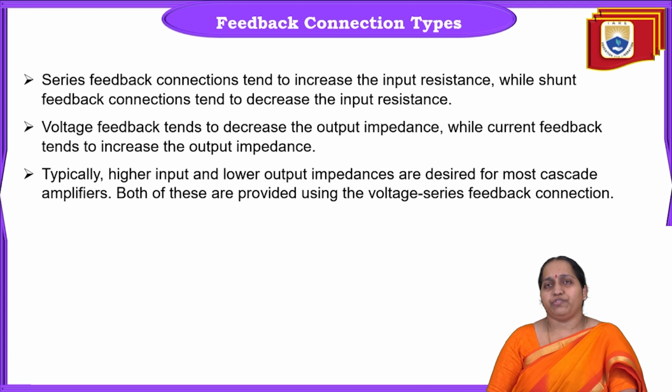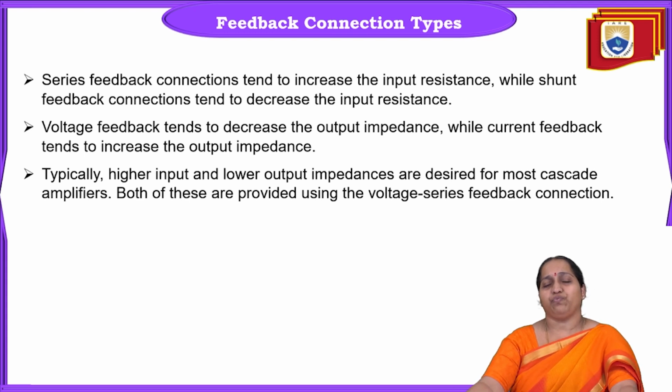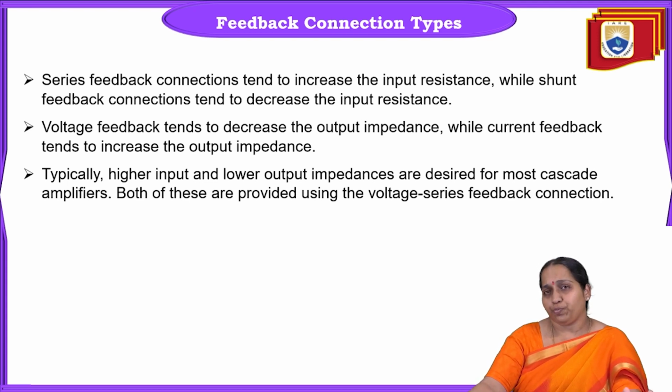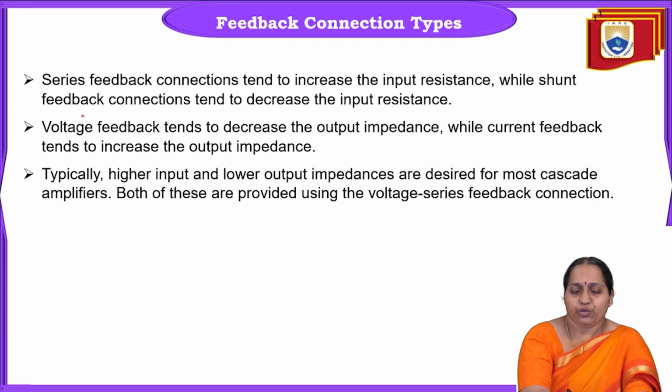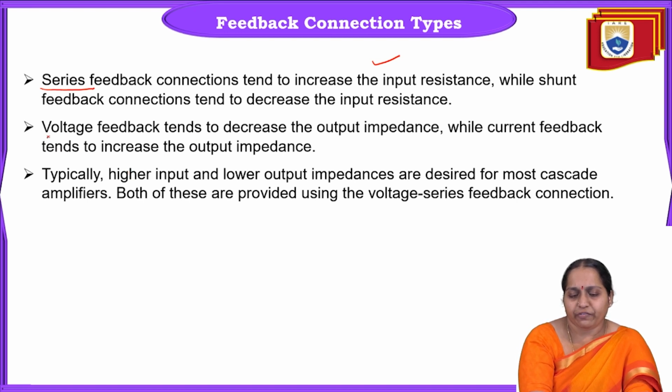Now series feedback connections will generally increase the input impedance, whereas shunt connections will tend to decrease the input impedance. Okay, so series connection will increase the input impedance, shunt connections will reduce the input impedance, and moreover, voltage feedback will tend to decrease the output impedance, whereas current feedback will tend to increase the output impedance. In general, in practical applications, what we prefer is high input impedance and low output impedance. From this, what can we understand? Using series feedback connection, we can increase the input impedance. Okay, and using voltage feedback, we can